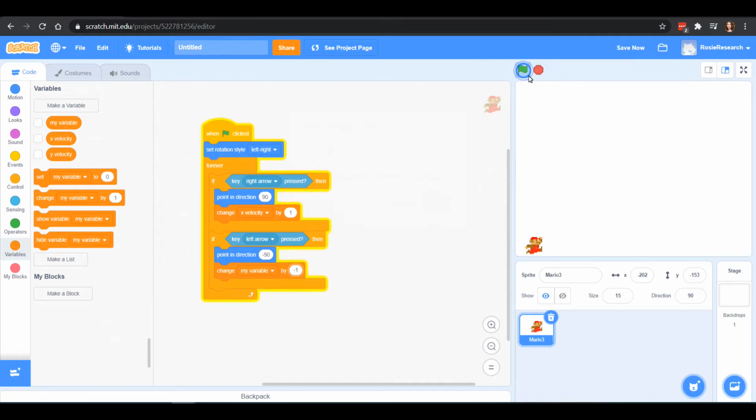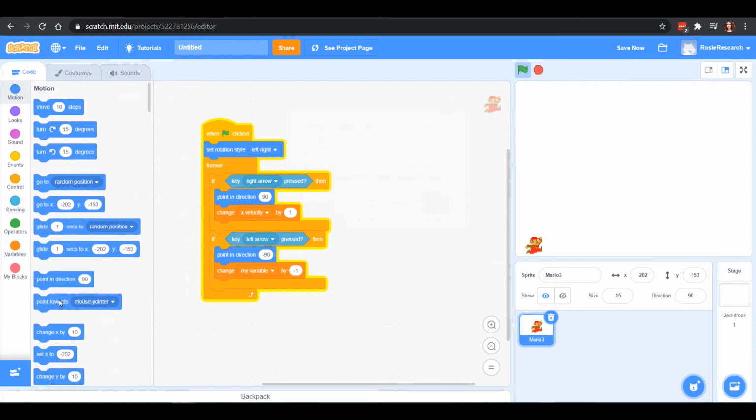So now, when I press it, you'll notice nothing is happening, and that's not quite what we want because we haven't actually updated what our x is doing. And so we need to do that. We need to add in another little line because we need to actually add in the motion. So we are going to change x by how much my x velocity is.